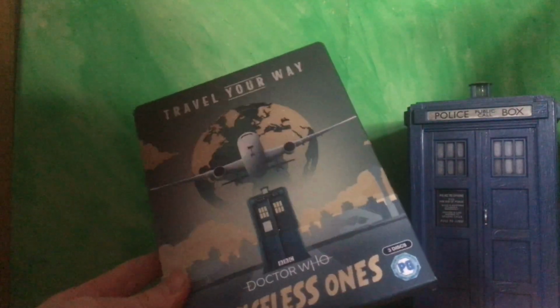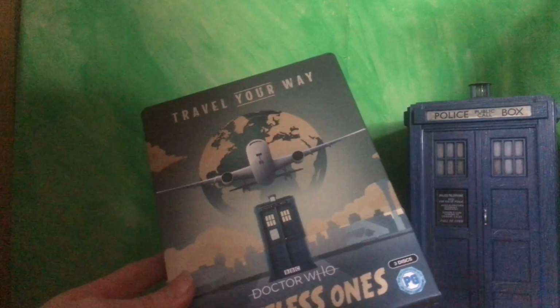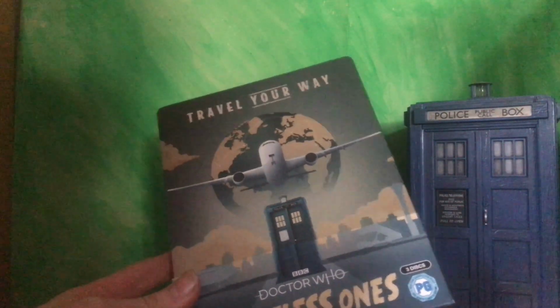Starting off with the Steelbook, by the way, if you hear any wind, it's just because it's really windy out. We've had some nice days of weather and now it's starting to get horrible,